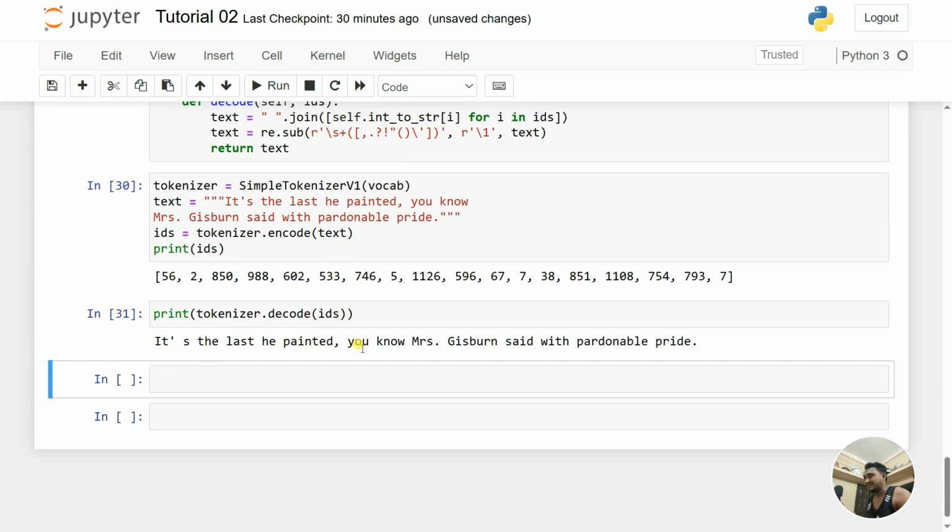It is the last he painted, you know, the Mr. Gisburn said the pattern right. Okay, so we got the text back, the actual things that you can see. Okay, now here is also